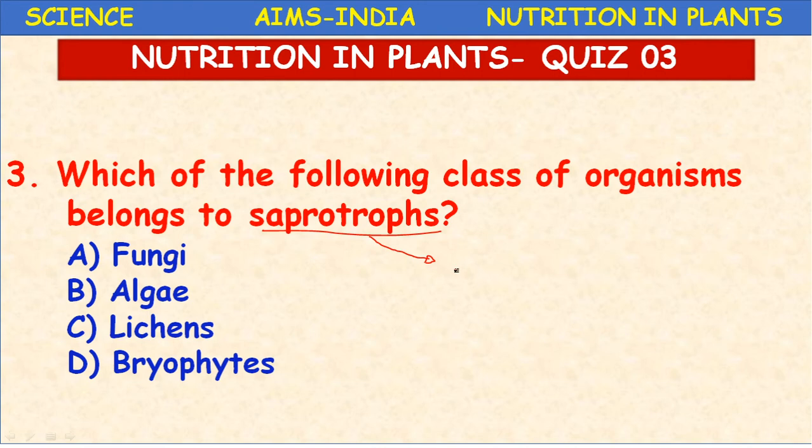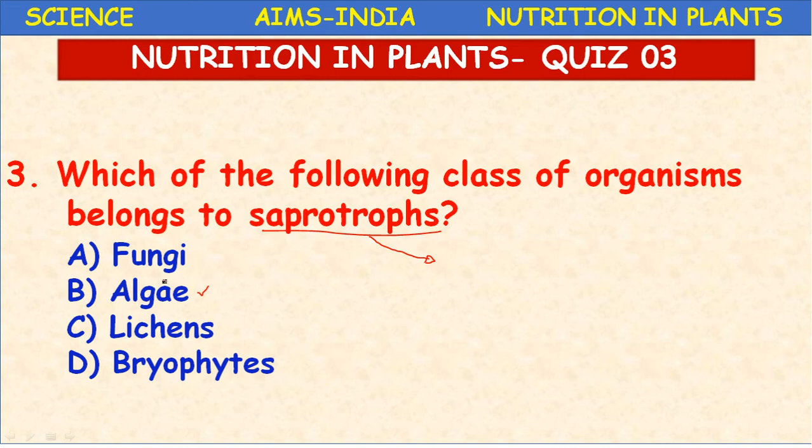For saprozoites, example, Entamoeba histolytica, an intestinal parasite, and helminth worms also come under saprozoic nutrition. Saprozoic nutrition in animals we can call saprophytic nutrition in plants. So this terminology is very, very important, children. Here the algae can undergo photoautotrophic nutrition, and fungi is a heterotrophic plant.